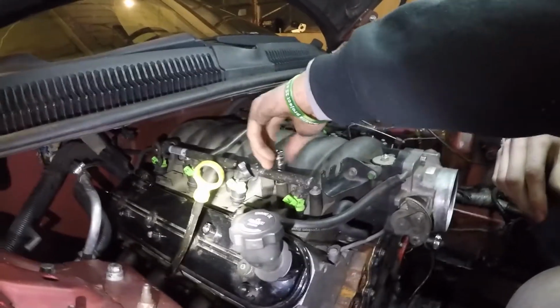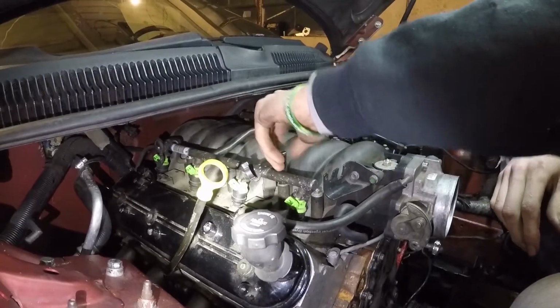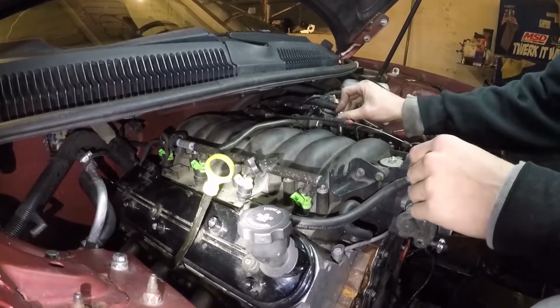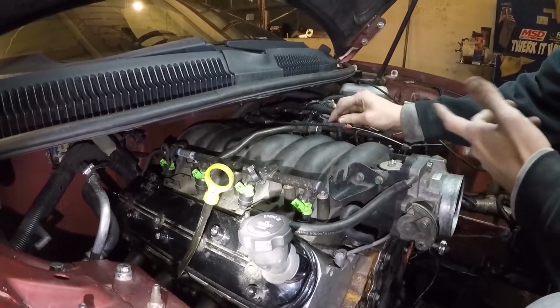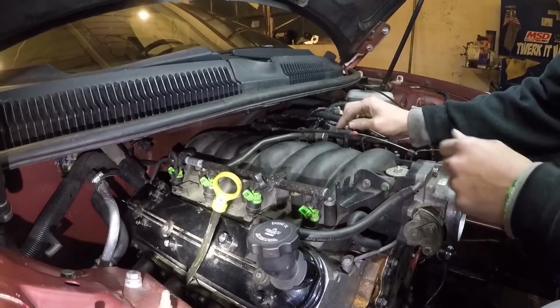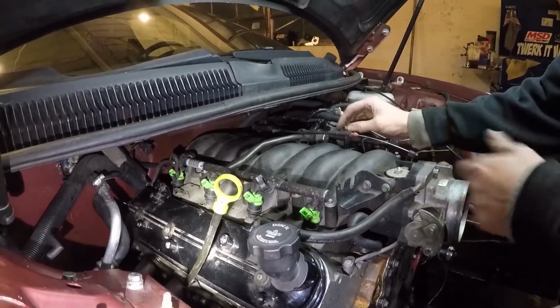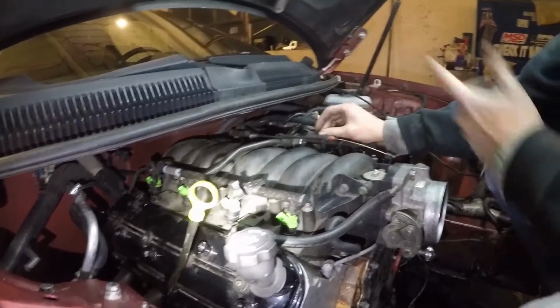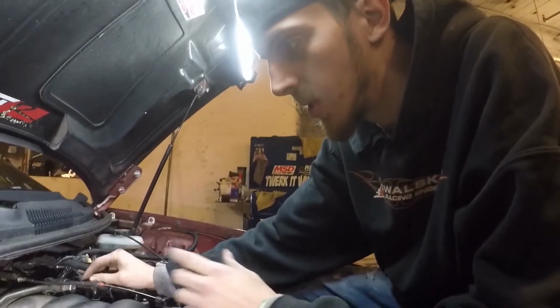Then I had all my front accessories on here, and I was just trying to get stuff done today, so I just took them off, which, since I have all aftermarket brackets, just makes it so much easier to get off. So it probably took me like 30 minutes to get everything off. Just made a huge mess, and the reason why I'm sitting in the engine bay is because obviously the car